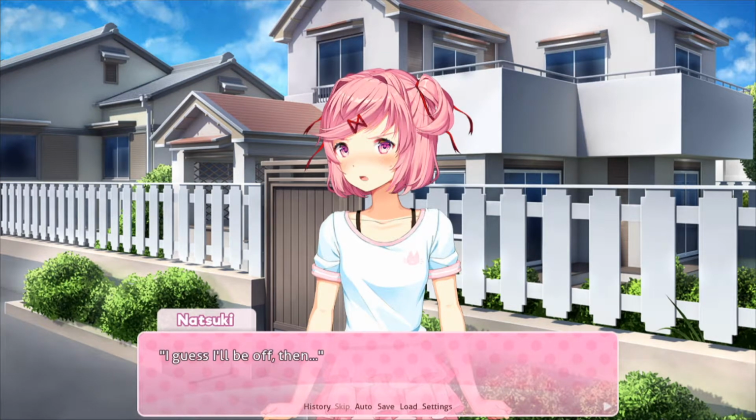Well, I guess I'll be off then. Thanks for all the help and everything. I'll see you tomorrow. Wait, Natsuki. Eh? What you said before about not always having this chance. It doesn't have to be that way at all. I had fun today. You showed me how fun baking can be, like you wanted. But aside from that, you can come over any time, okay? I think that, if possible, I'd like to spend more time like this. If you wanted to read manga or go out somewhere...